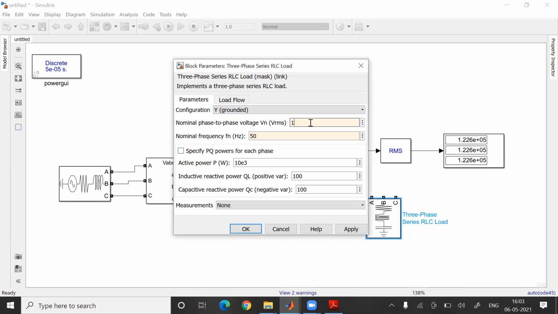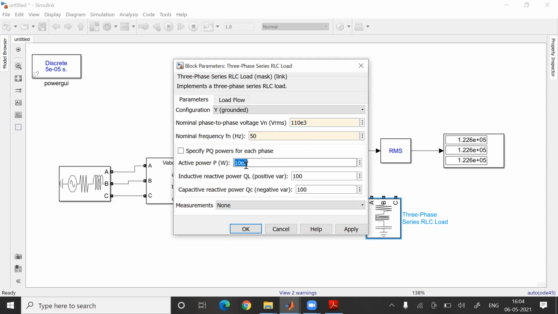This size, how much was it? 0 e⁻3. Active power, reactive power, capacitive power.